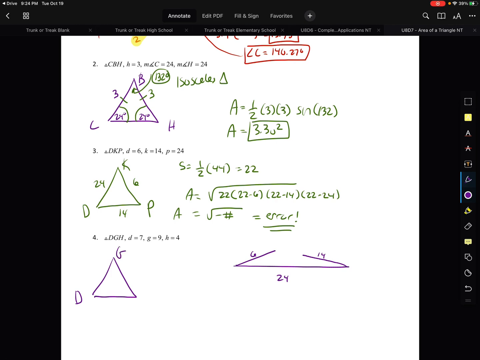Now with this last example, let's see if this one actually works. D, G, H: 9, 7, 4. S equals half the perimeter, so we got half of 20, which is 10. Area equals the square root of 10 times 10 minus 9, 10 minus 7, 10 minus 4. Area equals 13.4 units squared. Done. All right, so